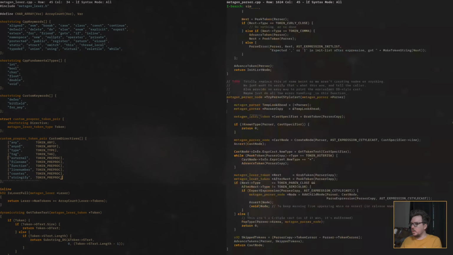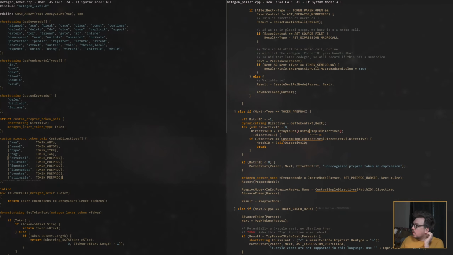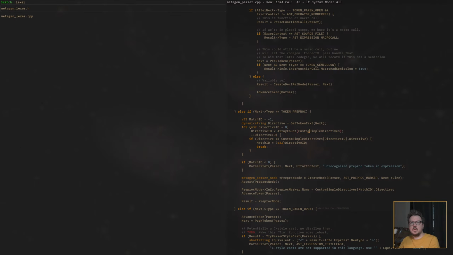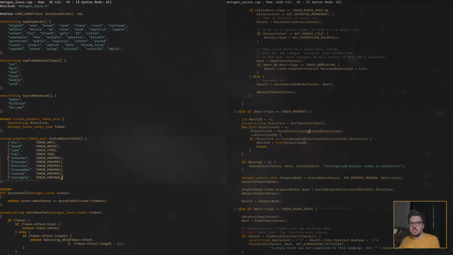So let's go back to what we were doing, simple directives. If the next thing is a preproc token, we check, what did we call this? Custom directives.